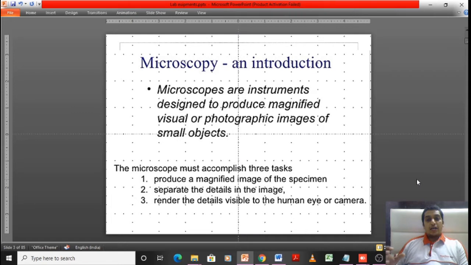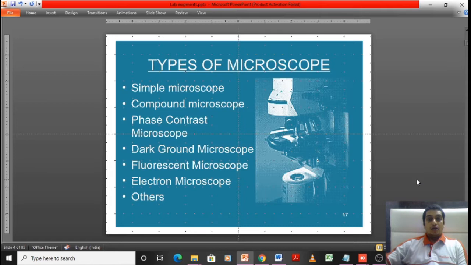So what does a microscope actually do? A microscope magnifies the image and separates the details in the image. If you magnify anything, the details become separated, and finally those details can be visible to our eye, which were not initially visible. So there are many types of microscopes present nowadays. There's the simple microscope, compound, phase contrast, dark background, fluorescent, electron microscope and many